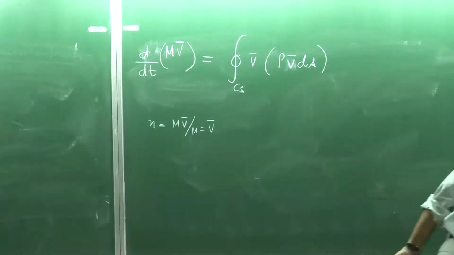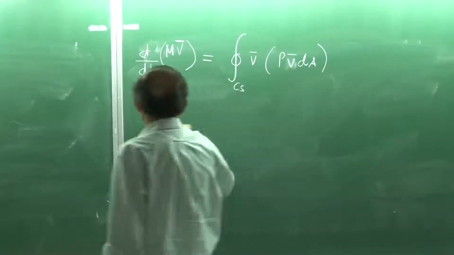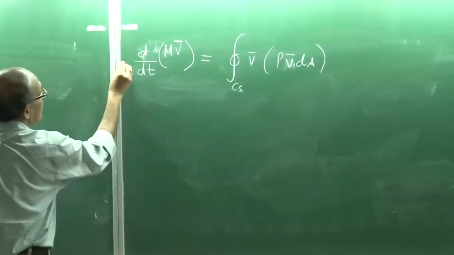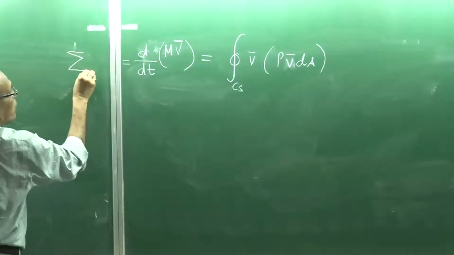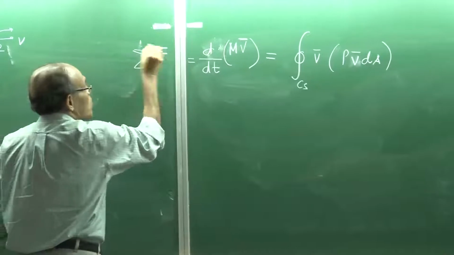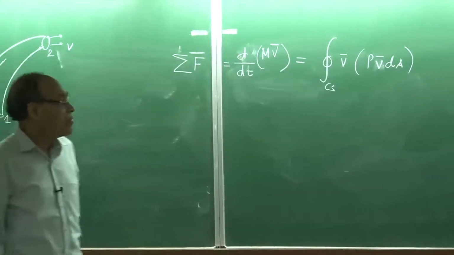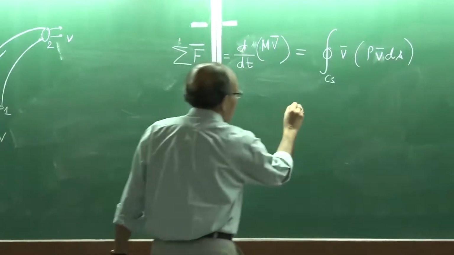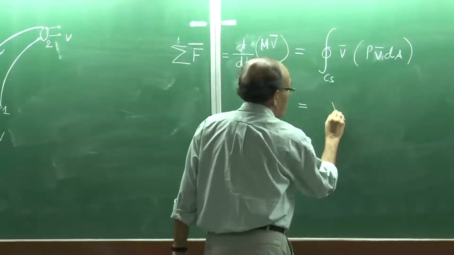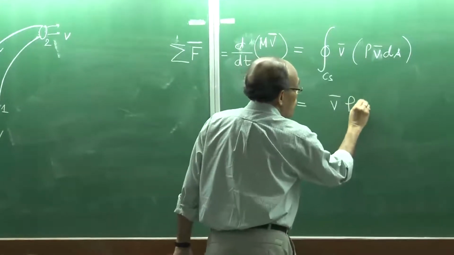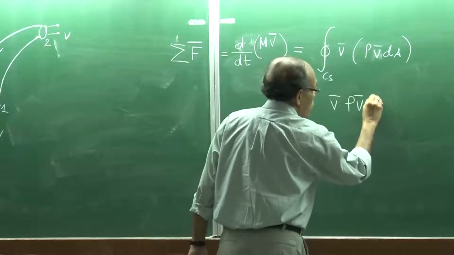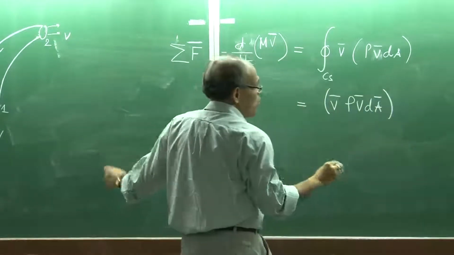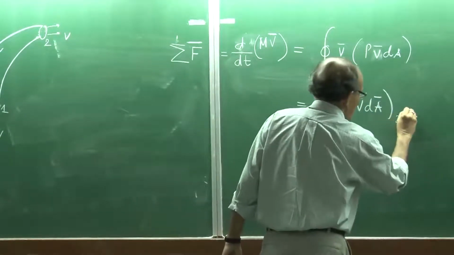And this, by definition, is equal to the summation of forces, and this force is also a vector quantity. And if we do this, then we find out that this is nothing but the same expression which I have written at 2 plus